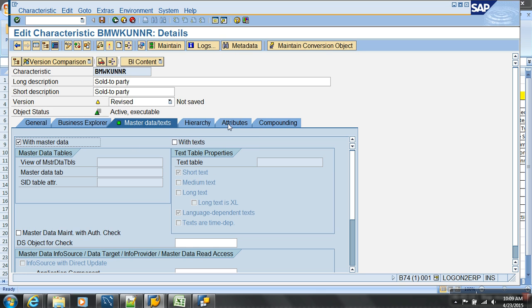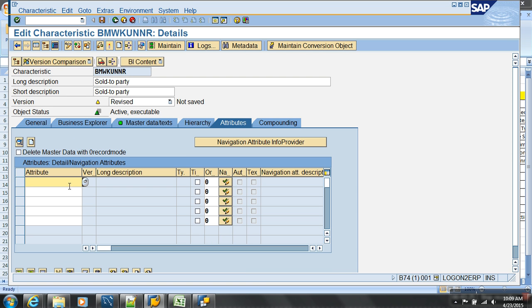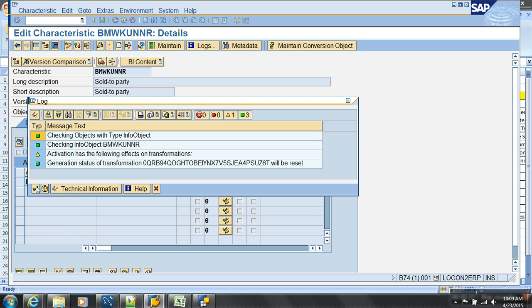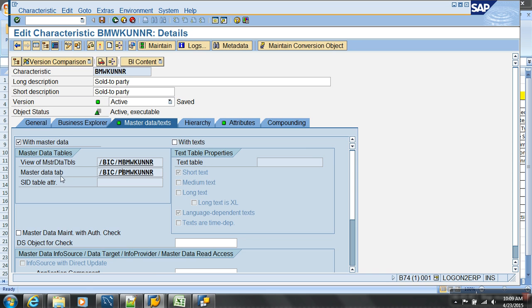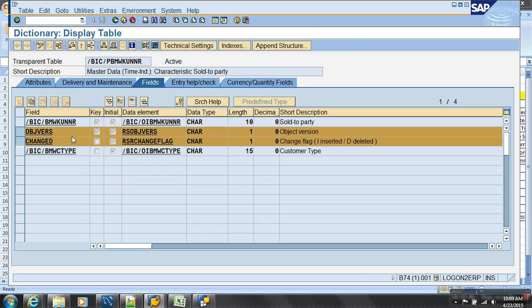As soon as I say master data, it brings in a new tab. Observe these tabs. When I say for customer I want an attribute table, it immediately asks me what attributes I want. So I want this InfoObject as an attribute of this. Like this, you can model other InfoObjects as attributes and start formulating. Now it creates the attribute table. See, if you go to the master data tab, this is a P table, this is a master table. You can double click and see. Don't worry about this. Now you have customer, which is the primary key, and customer type as a non-key column, like attributes. All the properties of a customer can be in an attribute table like this. Okay.